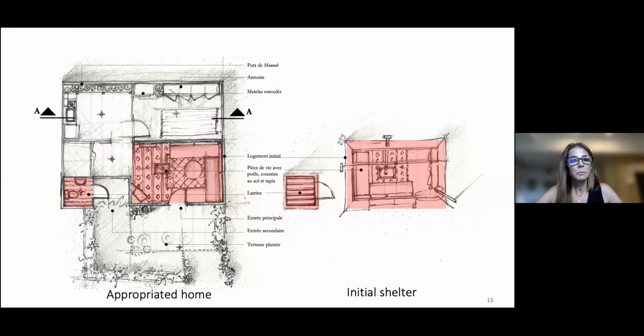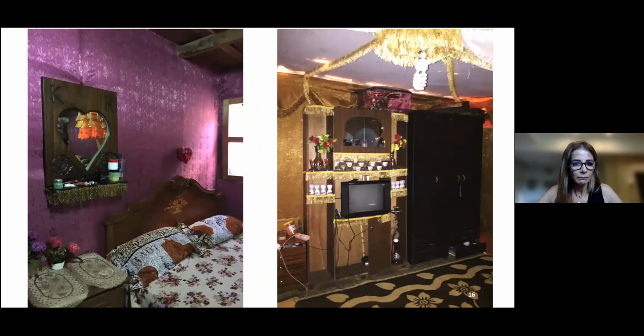In fact, the plan on the right shows the single-spaced shelter and the latrine that was given by the UNHCR when the settlement was first created. The plan on the left shows how the space has been appropriated and developed and became similar to any modest rural home. These are pictures that show the interior of most spaces and the contrast between the internal spaces and the external